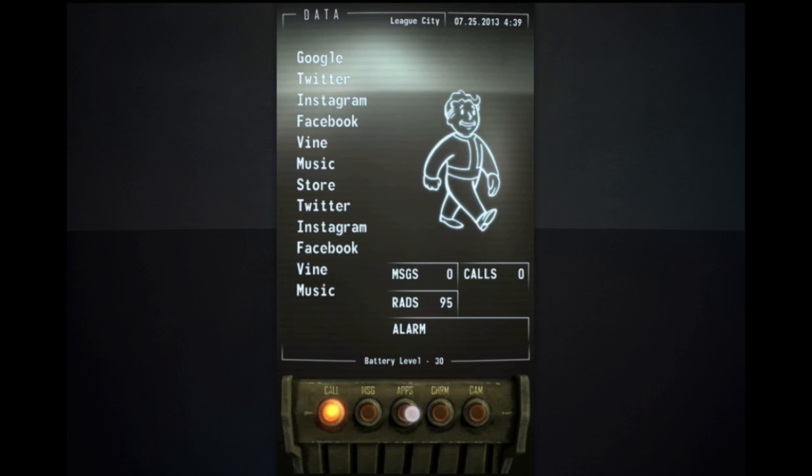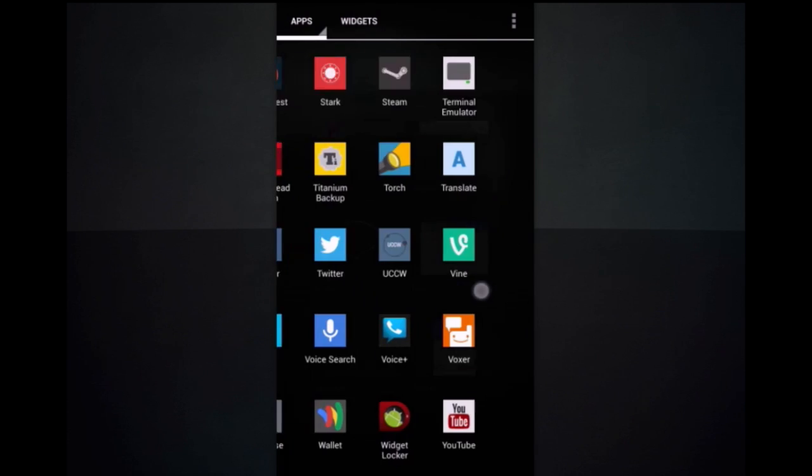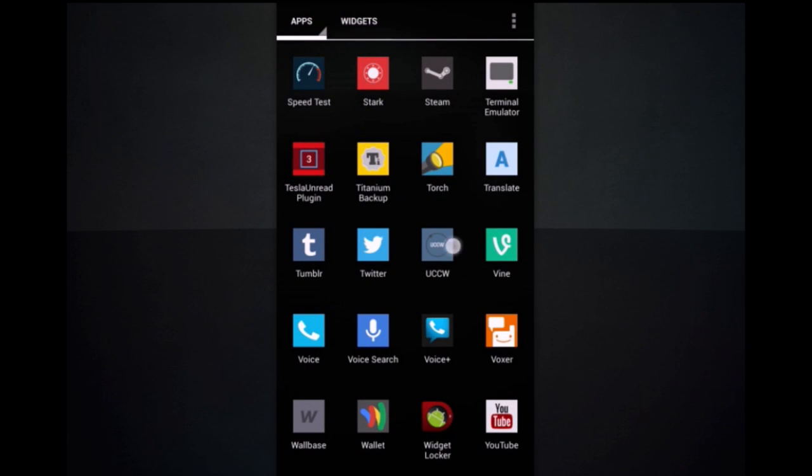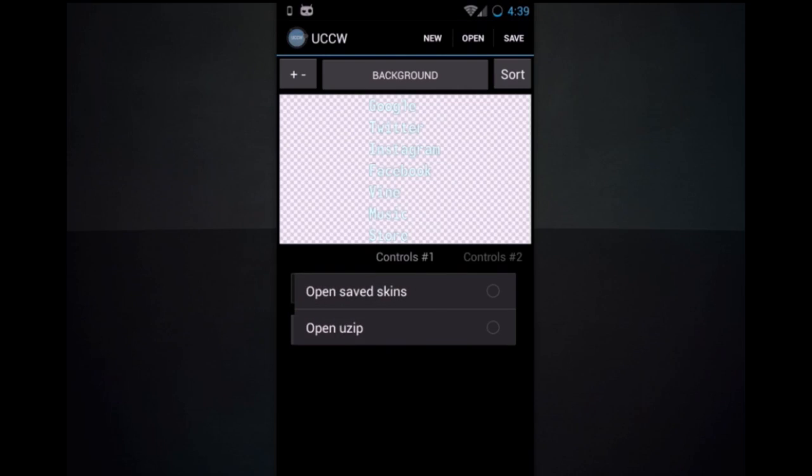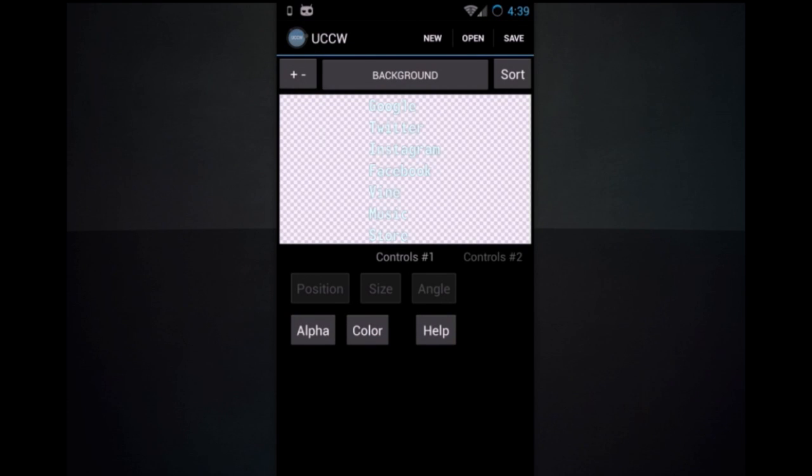You just go to apps, go to UCCW, hit open saved skins, and if you've only done this Fallout skin, these are going to be the only things there. If you install a bunch of other ones from DeviantArt or My Color Screen, wherever, you'll have more uzips here. But since these are the only ones, just go ahead and click App List A, and if you want to change